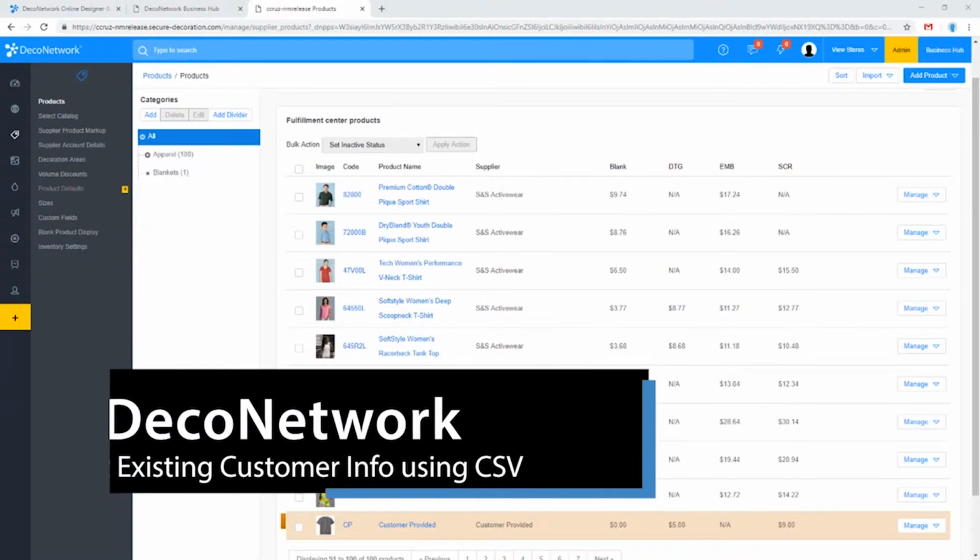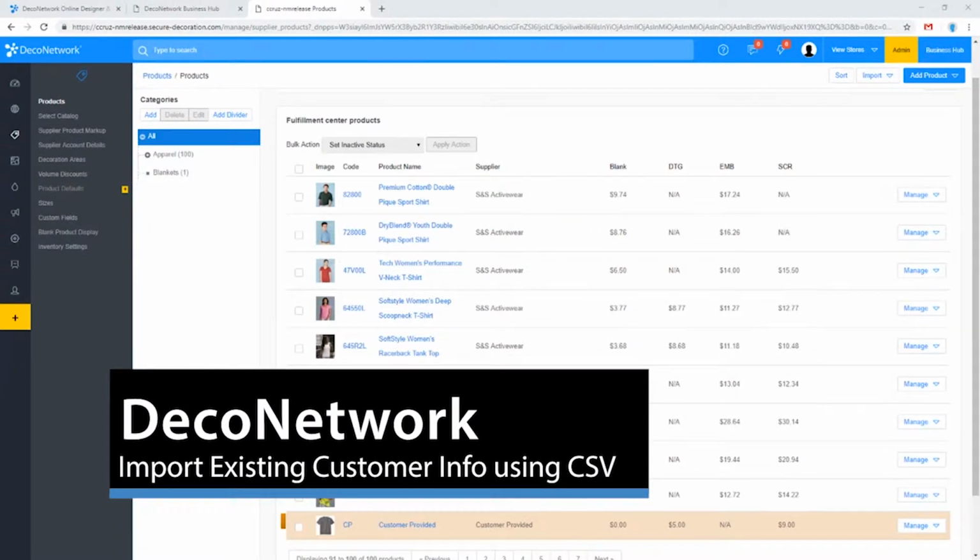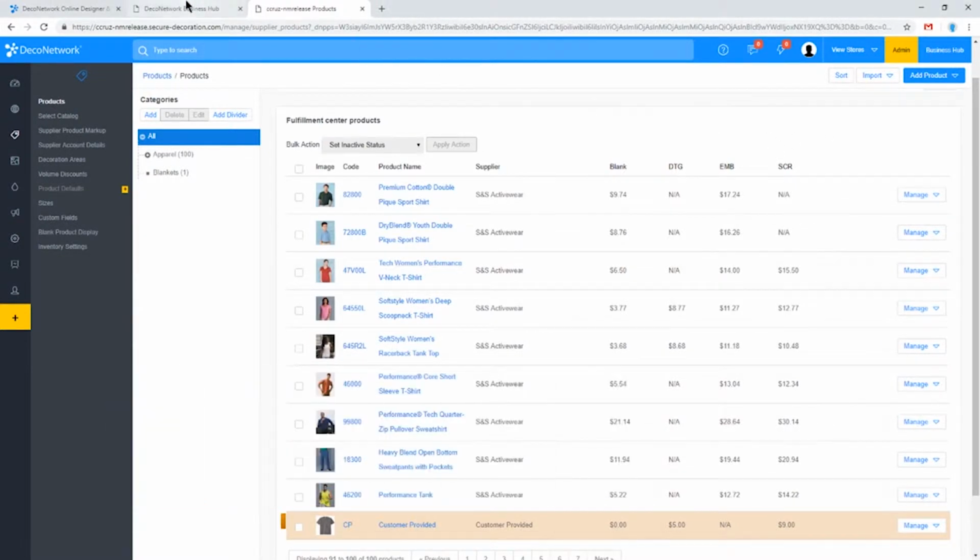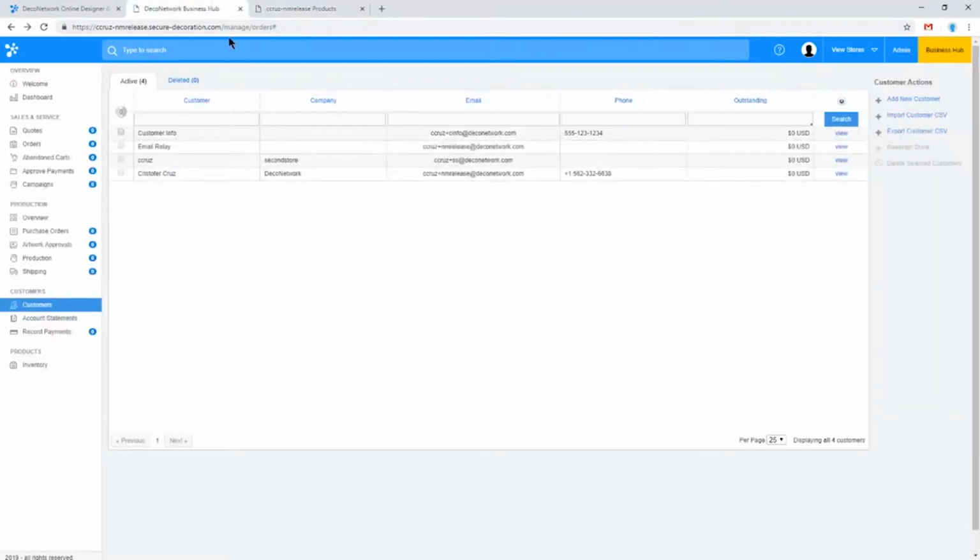How to import your existing customer information using CSV format. So we can definitely take a look at that. This is something that you do through Business Hub, and it's a useful topic if you're coming from an outside